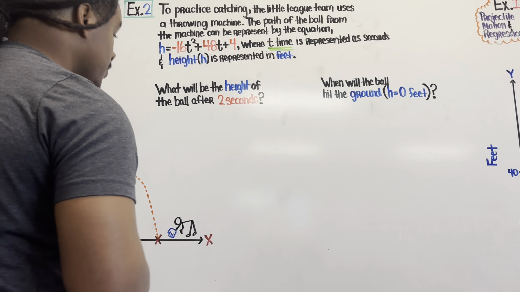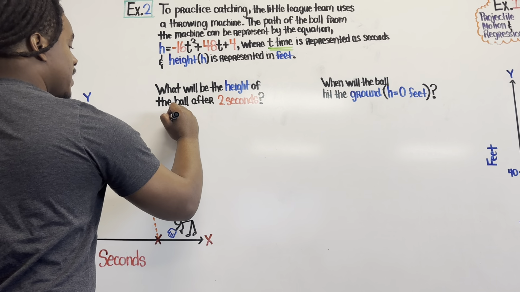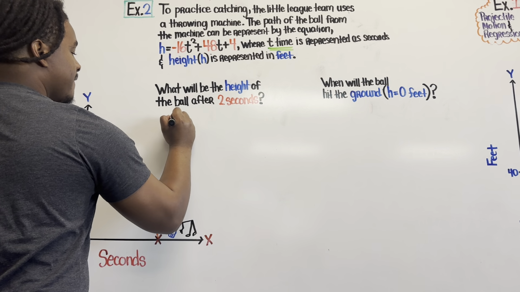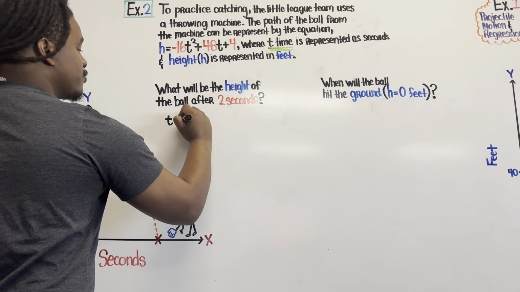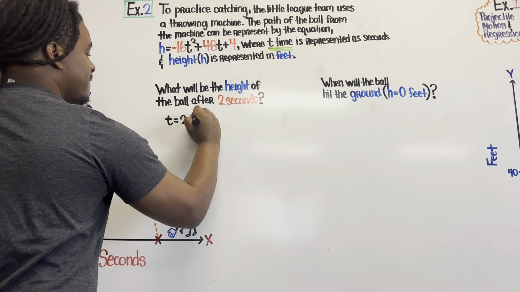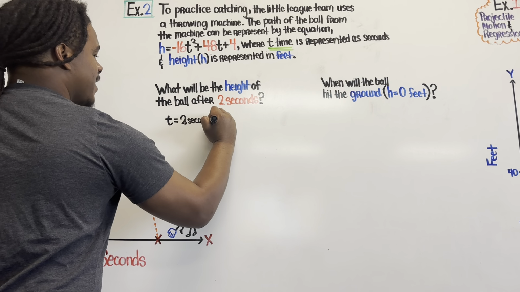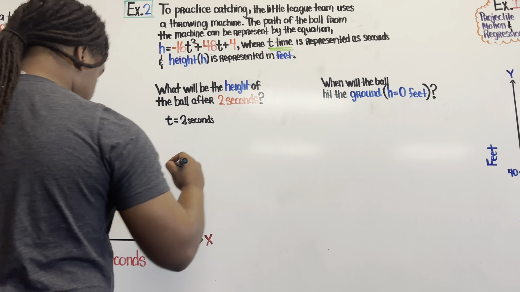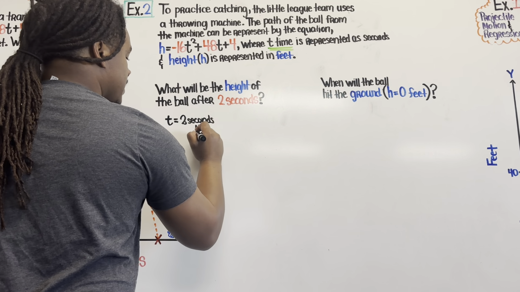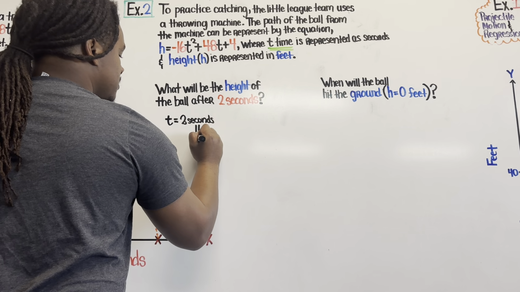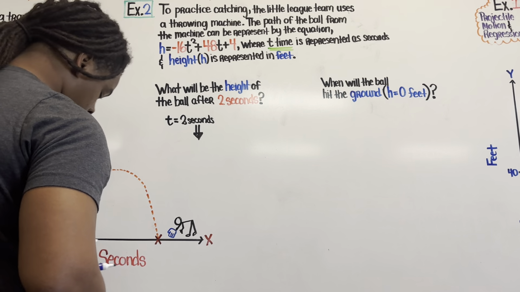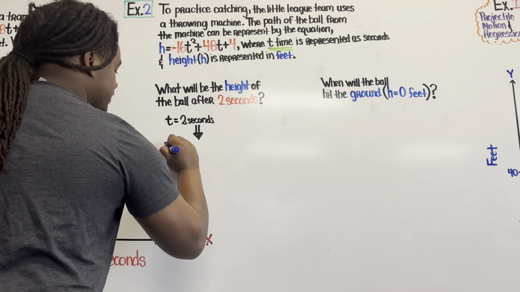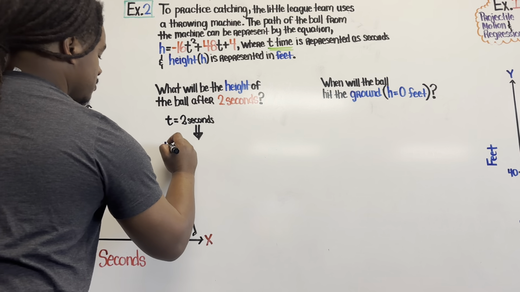So all we're going to do is set t, the time, equal to 2 seconds, and then plug that into the actual equation. So let's do that to find out the height at 2 seconds. Once again, we're trying to find out the height, so we're going to have height equals